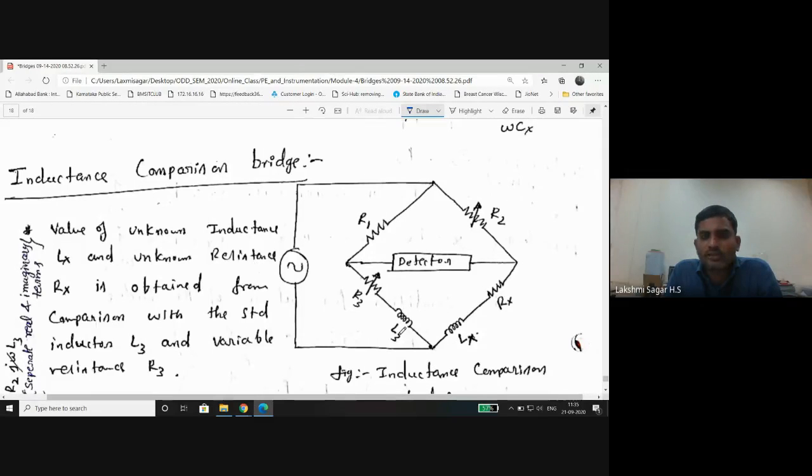See, post the answer for LX and RX to Google Classroom. So write down the second quiz question. Post the answer for this LX and RX using Google Classroom, all of you. You solve this bridge network and the obtained equation you have to post through Google Classroom.